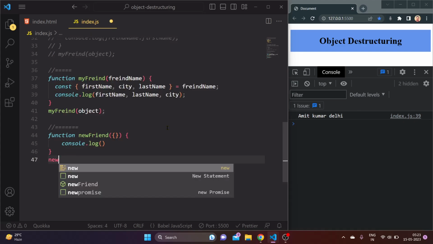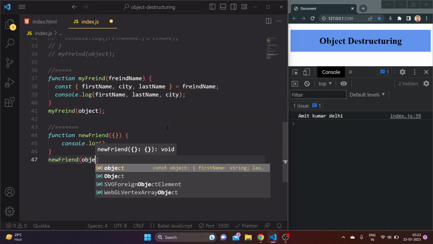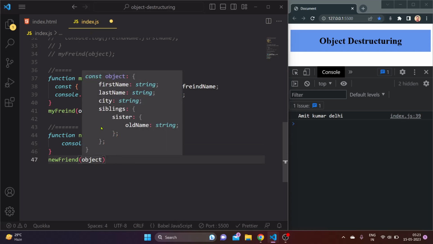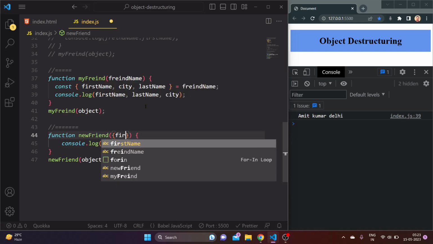And invoking the newFriend and taking as argument a whole object. Okay, so in the whole object, suppose I want to take city and the first name. I can destructure it right on the object, as you can see,